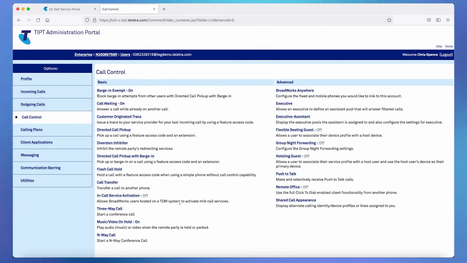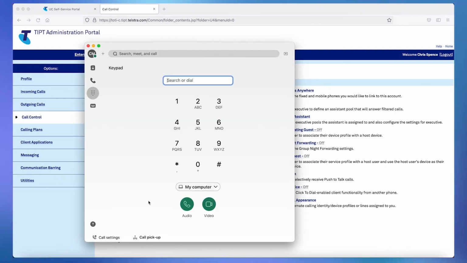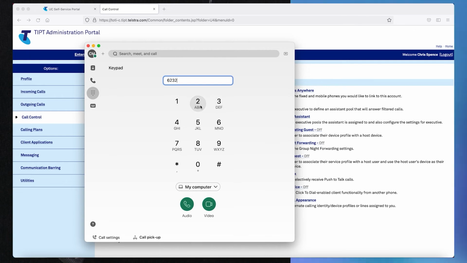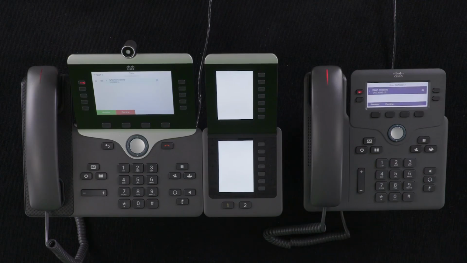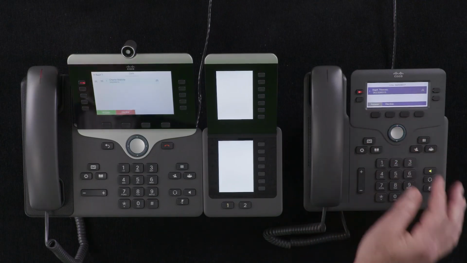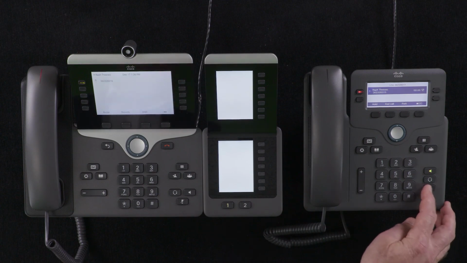Let's do that. And ideally, when we ring Raf the exec, both phones should ring. That's right. So we're now ringing Raf the exec from another person in the enterprise. And there they are. And then we can answer on Ashley's phone in this particular example, but you could just as easily have answered as Raf if Raf preferred to pick that up based on seeing the call come in.